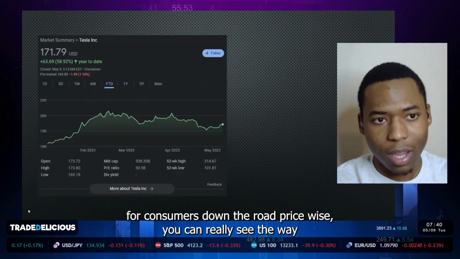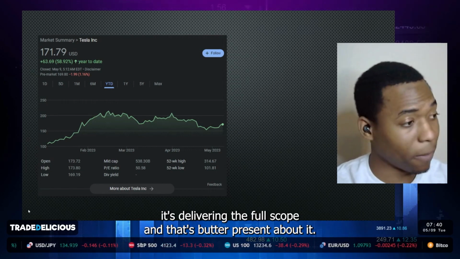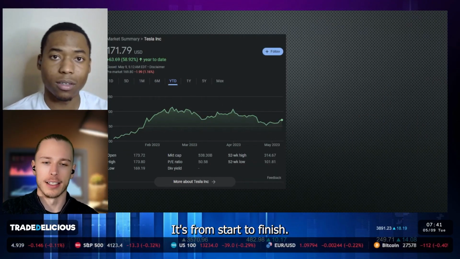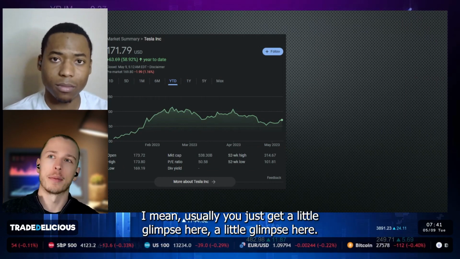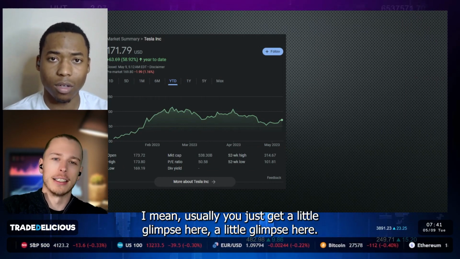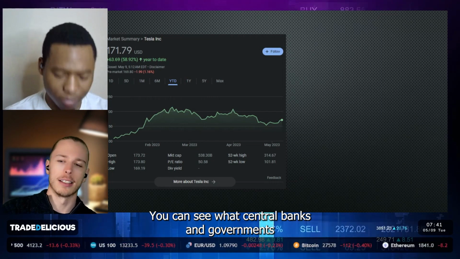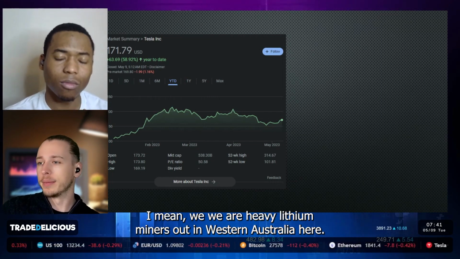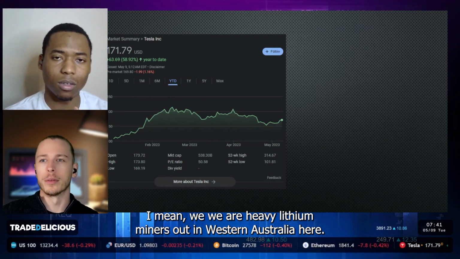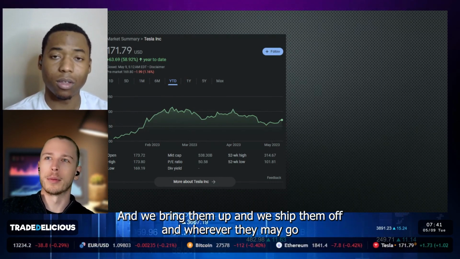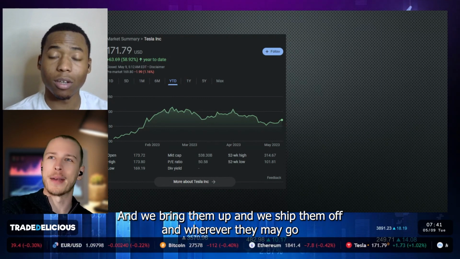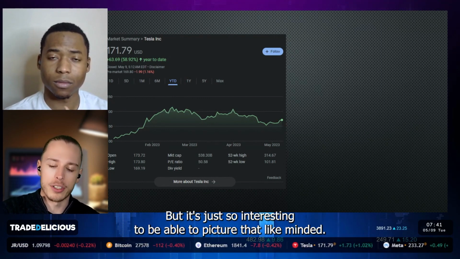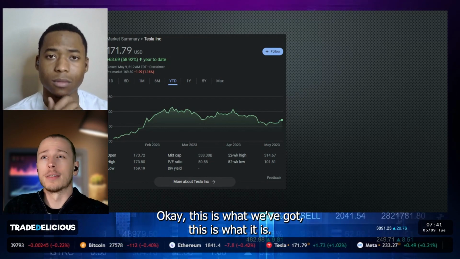You can really see the way it's delivering that full scope, and that's what I love about it, 100%. It's from start to finish. I mean, you usually just get a little glimpse here, a little glimpse there. You can see why central banks and governments love using it, because I can picture it. I mean, we're heavy lithium miners out in Western Australia here, and we bring them up and we ship them off, and wherever they may go and when they turn into